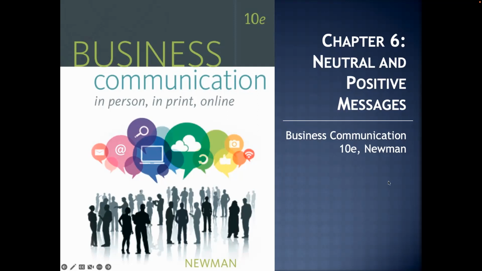So neutral and positive messages. These are typically written in very clear language using some kind of direct organizational plan. Usually we want to send these really promptly if they're a reply to something. We do the same thing for goodwill messages. We're going to talk about what goodwill messages are. We're also going to talk today about how to write a sympathy note. That is something that people struggle with a lot. We'll look at some social media stuff.